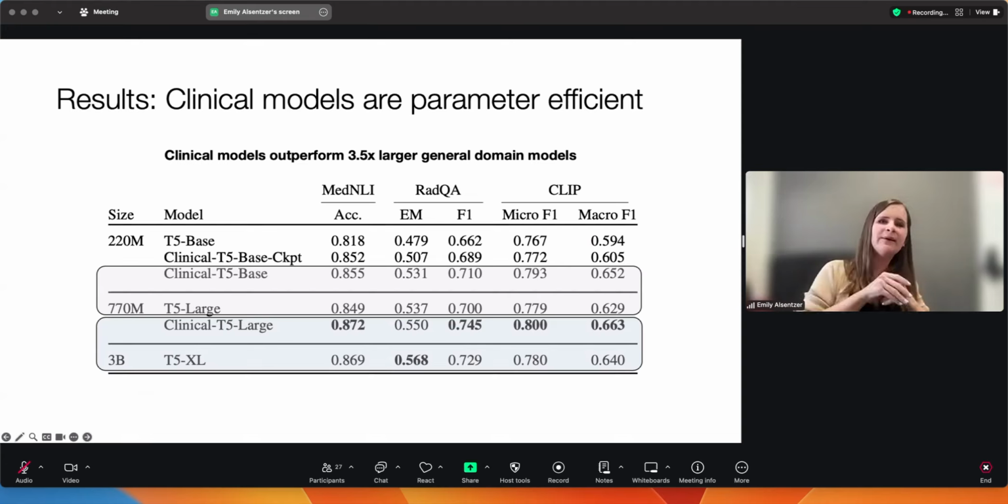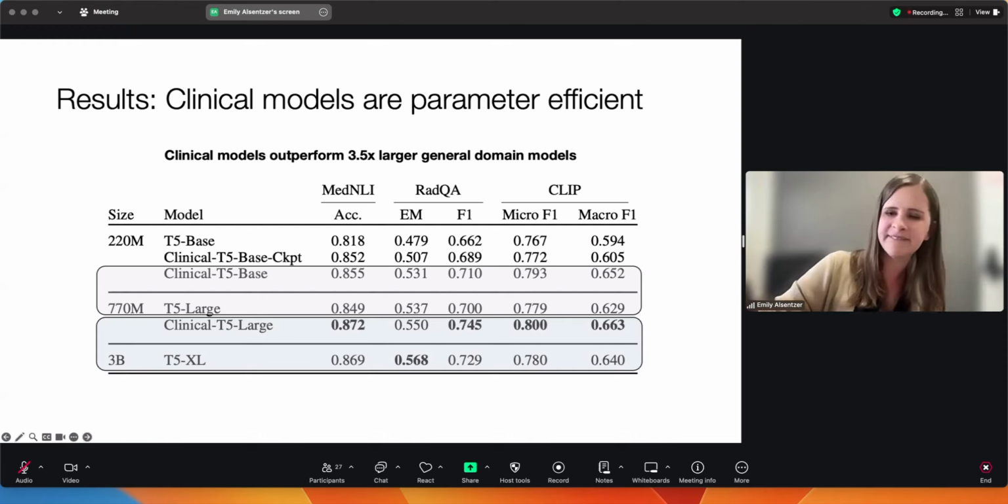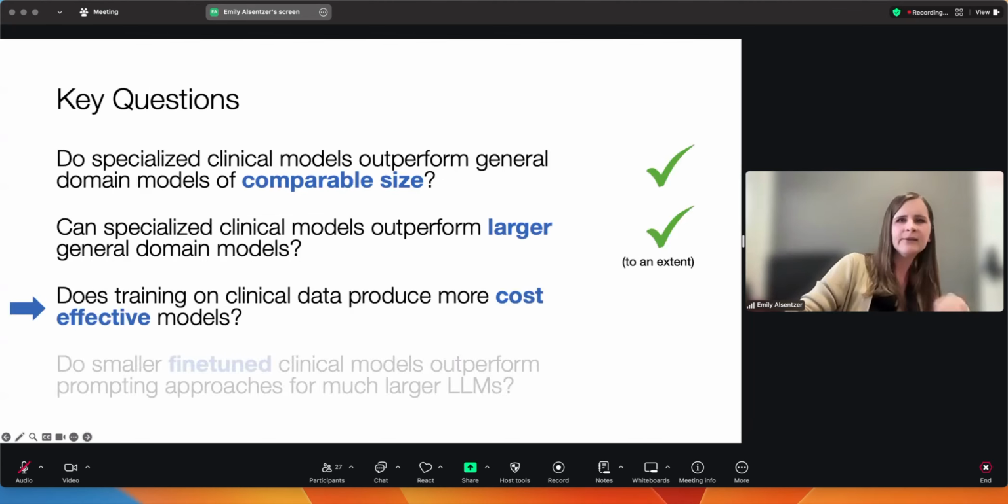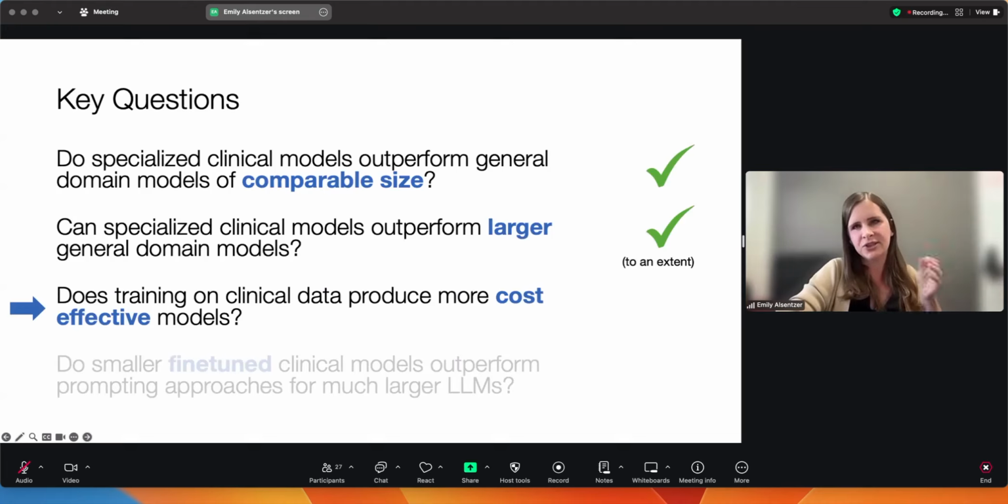Now, there is a point at which having a larger model is more beneficial than clinical pre-training. So the T5 XL model does outperform the much smaller clinical T5 base model. So we've shown these specialized clinical models can outperform larger general domain models, at least to an extent. Now, what about whether these models are more cost effective? Again, thinking about this context of a hospital that doesn't have a lot of compute resources to use these models,